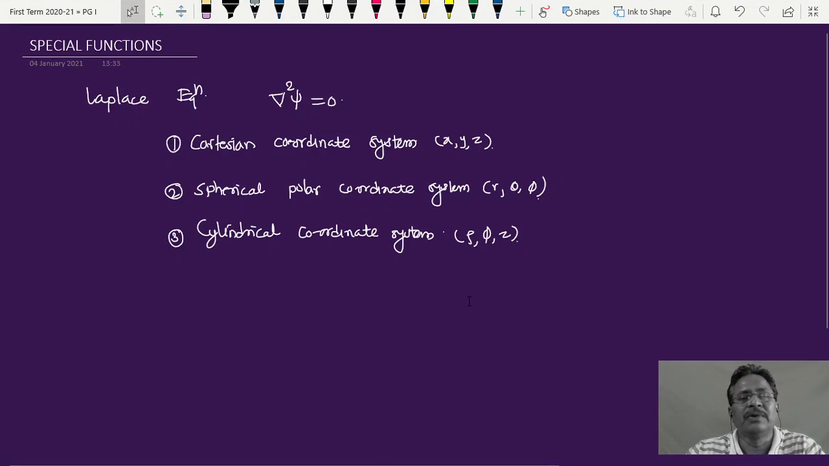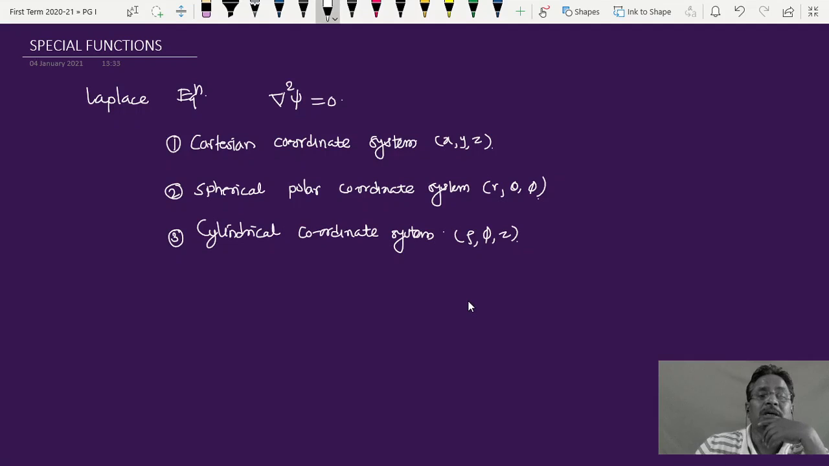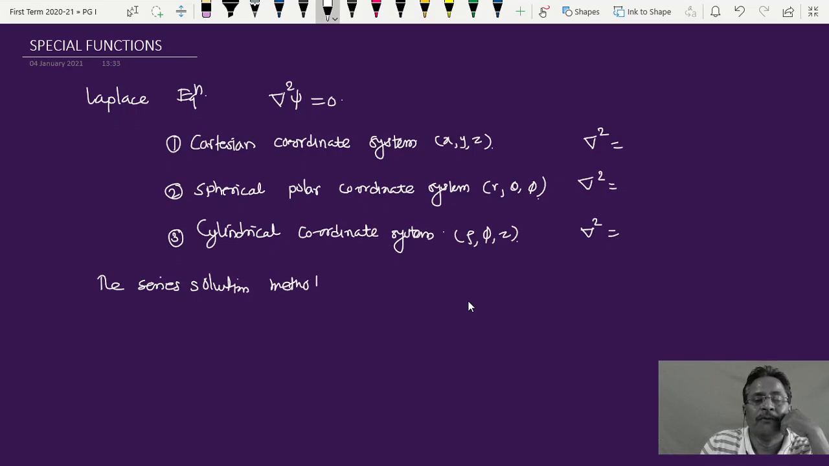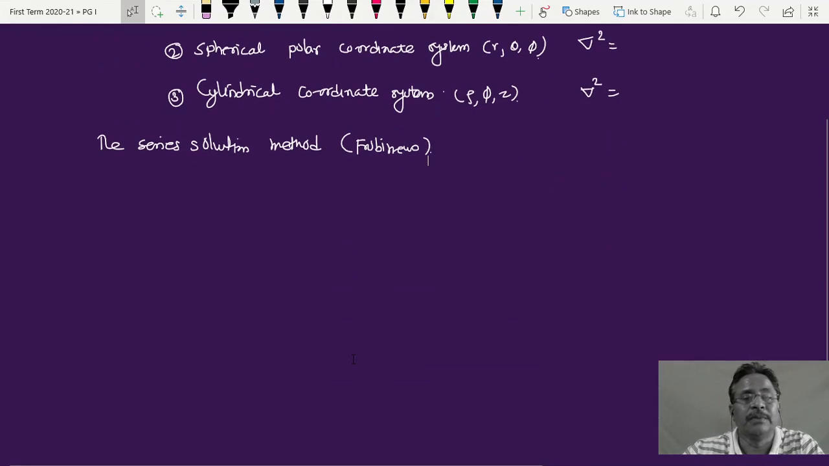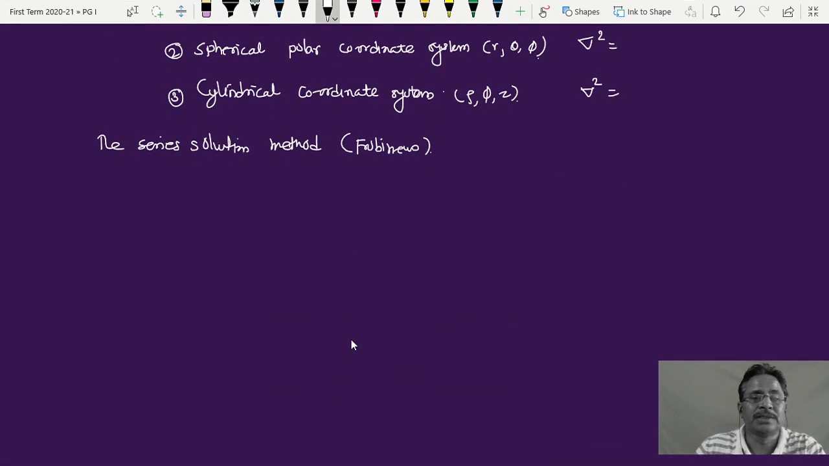These are the three different types of coordinate systems, and we have written del square in each of them. Then we have solved these differential equations using the series solution method, that is called the Frobenius series solution method. And I think you have gone through this Frobenius series solution method while solving the Legendre